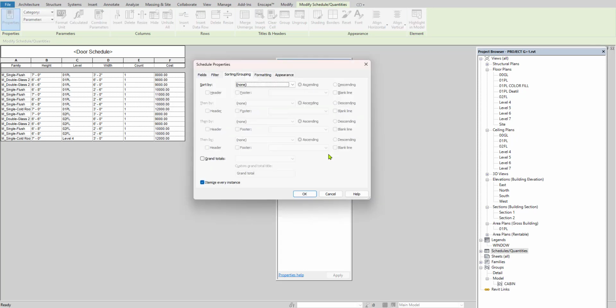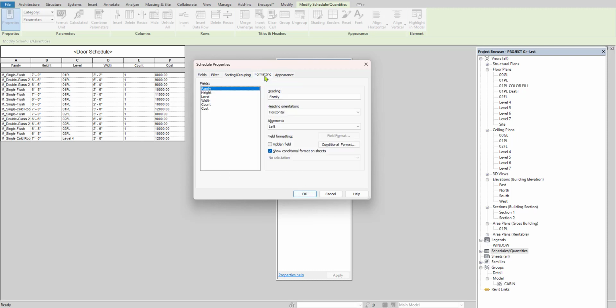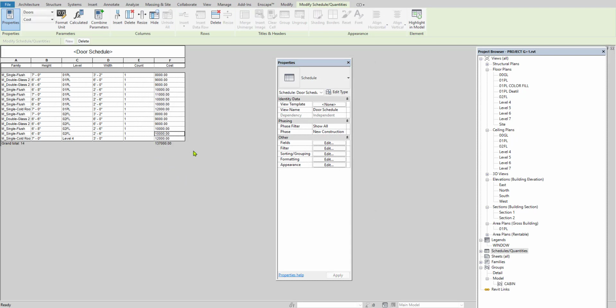In the sorting and grouping I have to say grand total because I want to show the grand total. And then in the formatting option, the field you want to calculate the total for, that is our cost. Here we have no calculation. In that I have to keep calculate totals to get the total price. Simply click on the OK option to get the total cost.